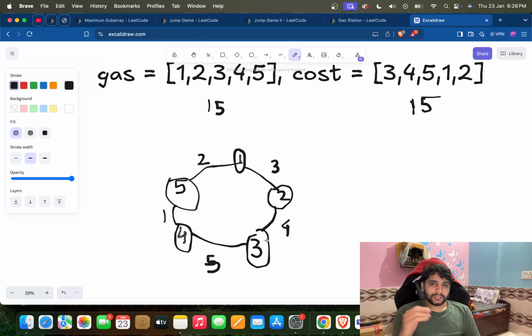Next पे जाके देखा हमने 3 पे गैस कितनी available है, 3, distance कितना है 5, यहाँ पे भी नहीं हो सकता। फिर हम 4 पे गए, 4 पे जाके हमने देखा कि भाई गैस कितनी है यहाँ पे 4, distance कितना है 1, तो हम जा सकते हैं भाई यहाँ पे। तो 4 से शुरू हुए हम with a gas equal to 4 units, 1 हमने चल लिया तो गैस बची कितनी 3, तो 5 पे आके हमने और भरवा ली।